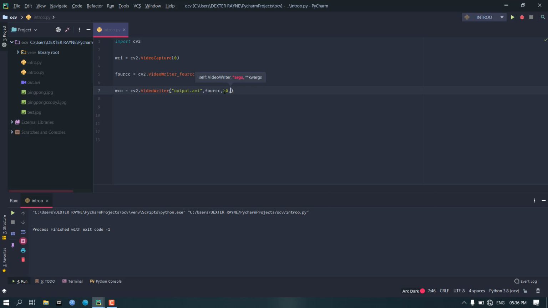After that we need the width and height of the video, but width and height are not defined yet. We need the width and height of our input. To get them, W is equal to an int value, so we need to cast, because the function that we are going to use will give us a float value, and VideoWriter will take the width and height as integers, so we need to convert it.